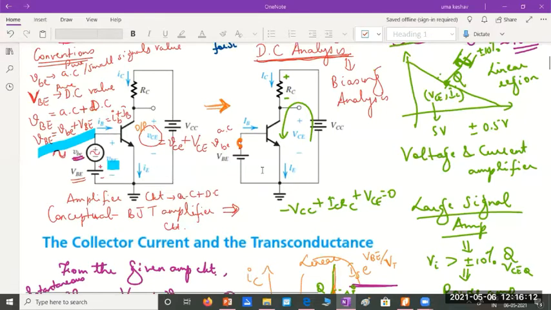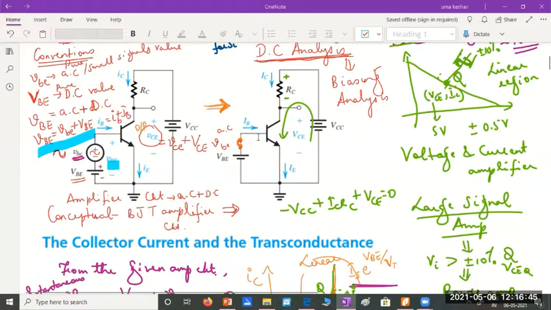I hope you remember in the last class we were discussing the small signal model of a BJT. How to get a small signal electrical equivalent model for a BJT so that I can replace the BJT with that model whenever I want to analyze the BJT as an amplifier. So for analyzing a BJT as an amplifier, we should replace this transistor with an electrical equivalent model, and we were trying